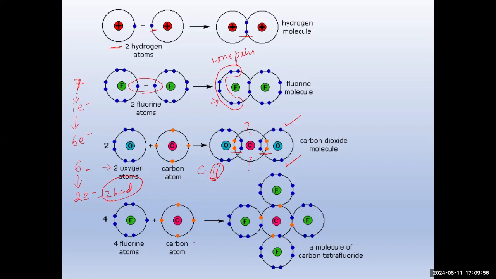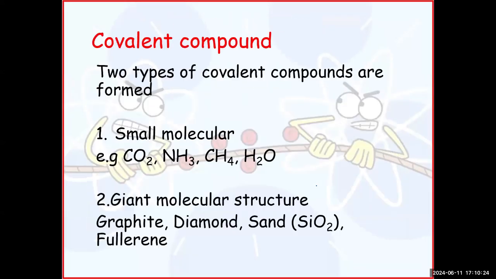For carbon tetrafluoride, that means CF4, we have seen that carbon is forming 4 bonds, sharing 1 electron with each fluorine, and at the same time each fluorine is providing its 1 electron in the sharing and is left with 6 electrons in the outermost shell every time. That is 3 pairs of electrons. So these are the examples we have seen yesterday of some small molecular structures that we have learned to draw.